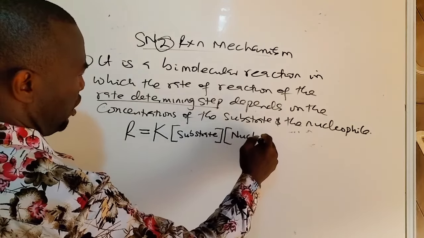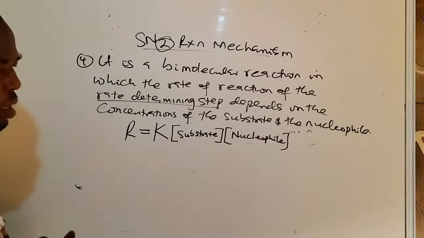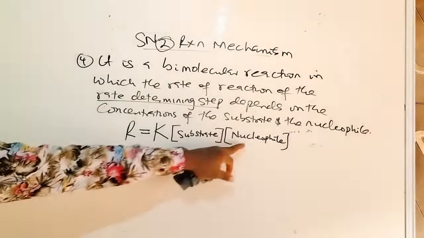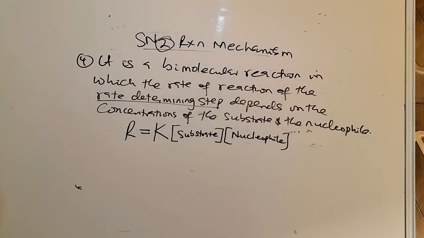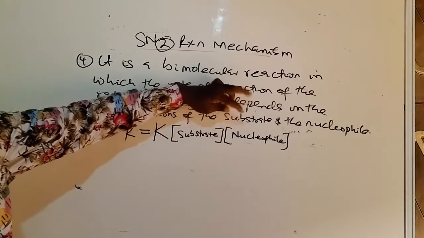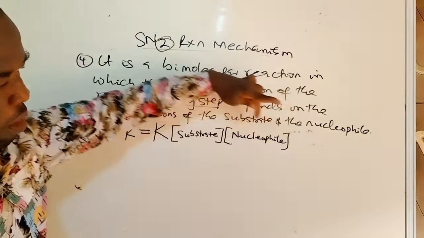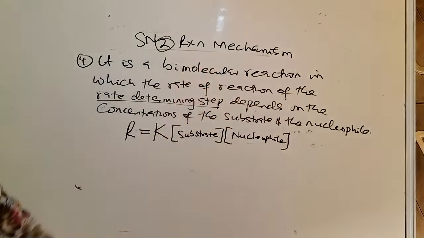So this reaction is bimolecular because the rate of reaction brings in 2 substances, the reactant, which you call the substrate, and the attacking reagent, the nucleophile. The power to which the substrate is raised is 1 here, and the nucleophile is raised to power 1. So 1 plus 1 gives you 2. That's why it's called a bimolecular reaction. What kind of reaction is that? One that is first order in each of them. So you have that. Then number 5,